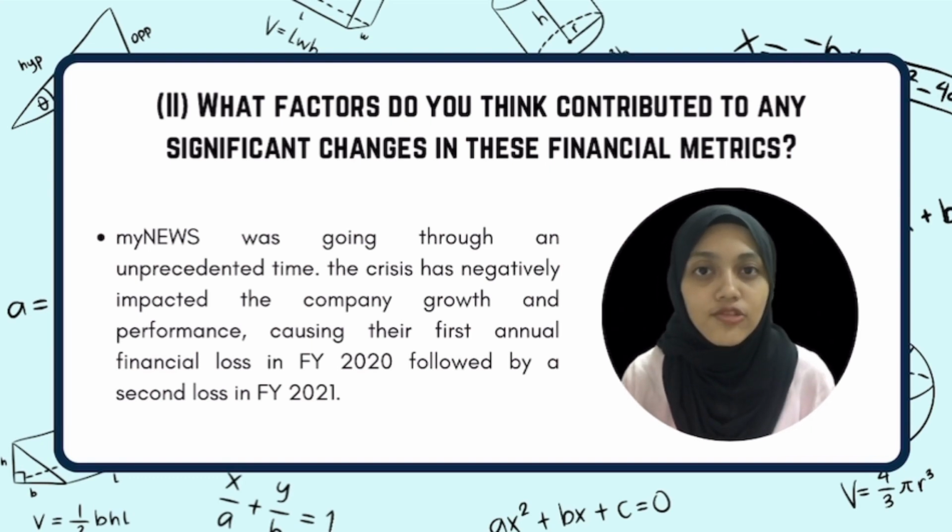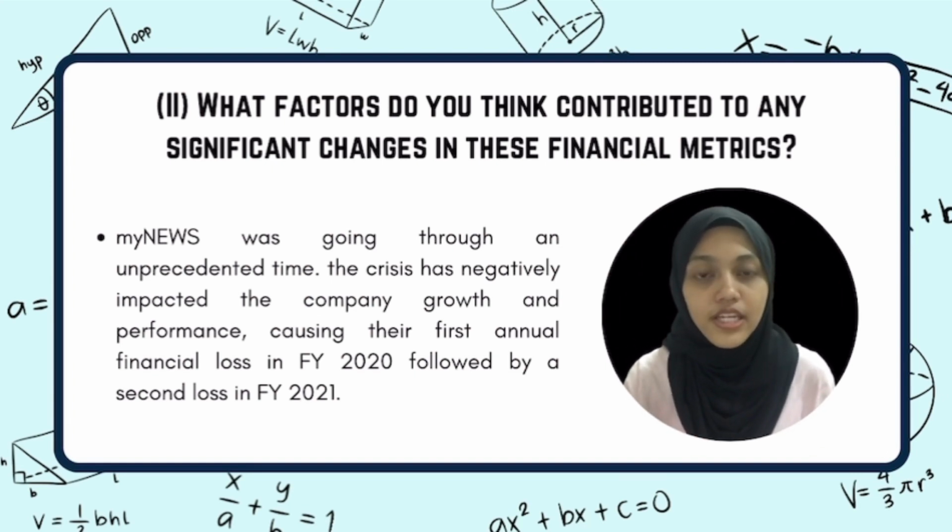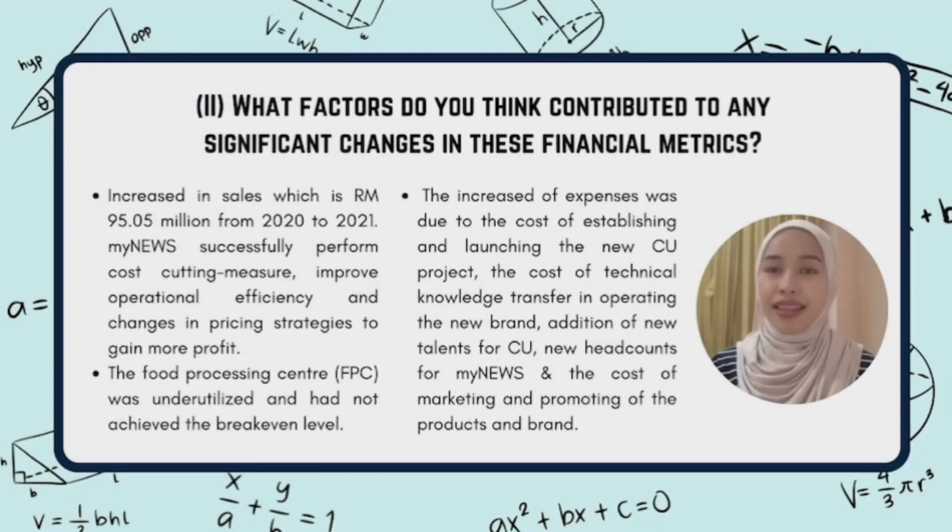The revenue decrease in 2021 was due to a longer period of lockdown-induced business disruption in the current year as compared with financial year 2020. But then revenue increased in financial year 2022. The increase was principally contributed by the new outlets, longer business hours, as well as the improvement in the overall in-store sales, as business and social activities in the country were free from the pandemic-induced restrictions faced in financial year 2021. Other than that, there was an increase in sales, which is 95.5 million from 2020 to 2021.